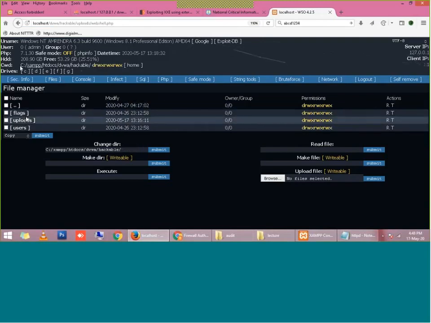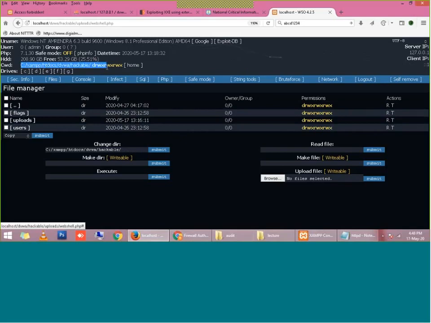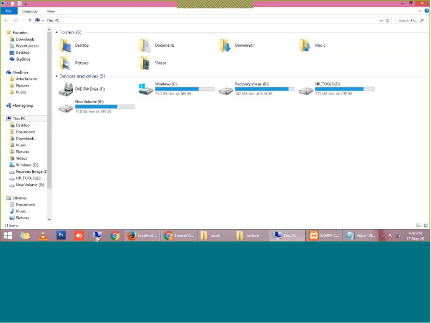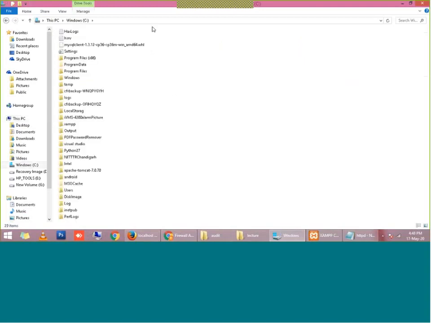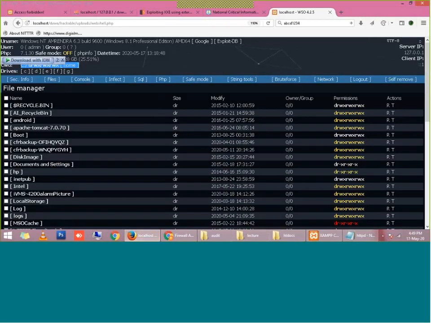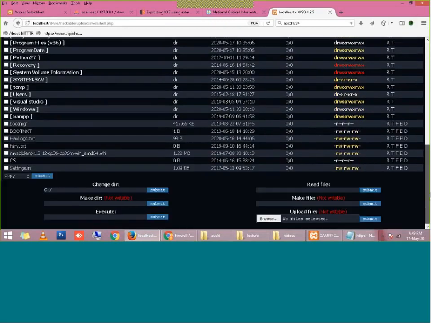I can see that I am inside the C drive XAMPP here. So if my website is hosted on any server, I can directly go to the root directory or C directory. You know this C directory is the directory of my Windows, my physical system. The hacker is inside my C directory, right? Because I have hosted my website in my C directory, and then XAMPP, then inside the htdocs. But now the hacker is inside my C directory, and he can delete any file from my C directory.